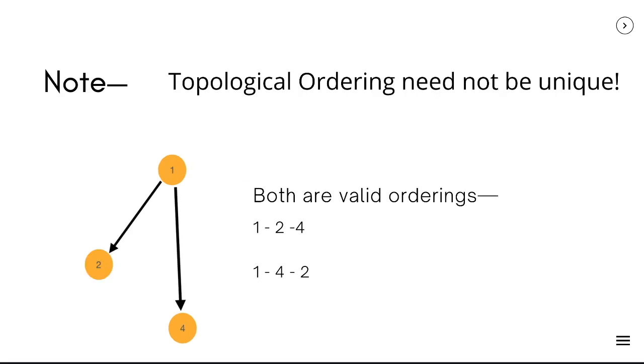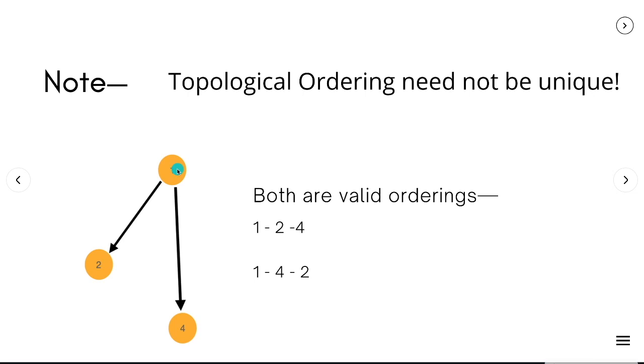So just to have an example, one possible topological order for this directed graph is 1 to 4. And note that a topological ordering need not be unique. A directed graph can have several topological orderings, and every one of them can be valid. For example, in this case, we have 1 to 4, and we can also have 1, 4, and 2.